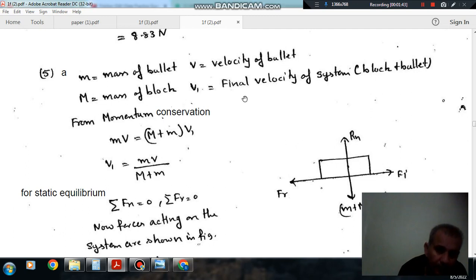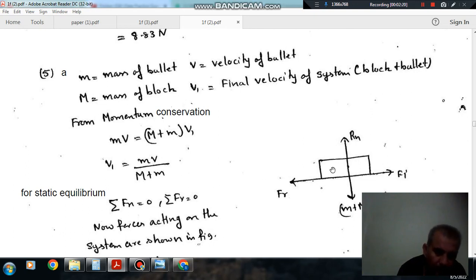As the block is initially at rest, the total momentum will be only the momentum of this bullet. So total momentum initially is m v, and after striking, the block and bullet attain velocity v1. So the final momentum is (M plus m) into v1. So v1 will be m v divided by (M plus m). So v1 is your velocity